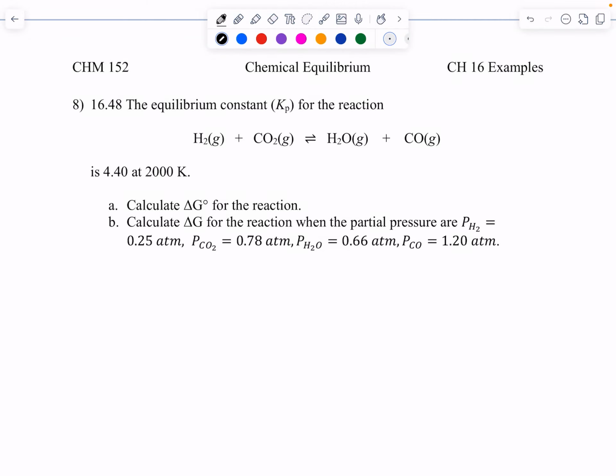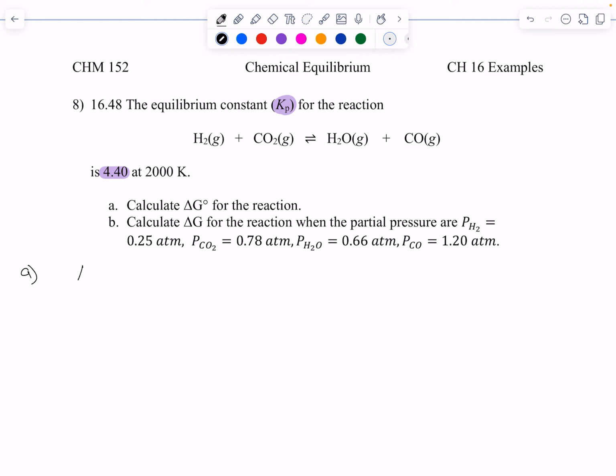All right, number 8, ladies and gentlemen. We have the equilibrium constant Kp for this reaction, which is 4.4 at 2000 Kelvin. We are going to calculate delta G. All right, so for A,